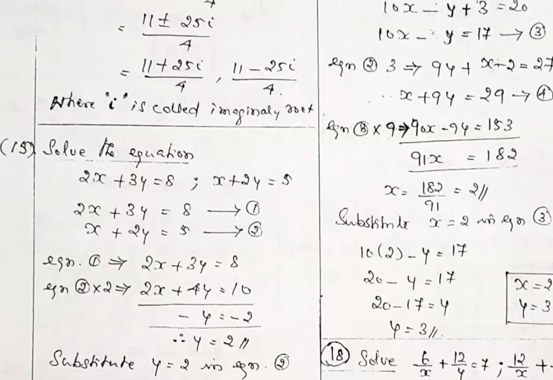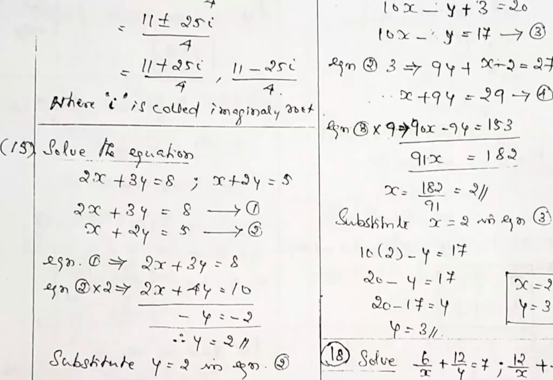We compare the coefficient of x. Coefficient means x multiplied by 2 in the first equation, and in the second equation x multiplied by 1. If the coefficients are the same, we will easily get the x value. But here they are not the same. Or compare the y coefficient. That also is not the same. You make it the same. How to make it the same?